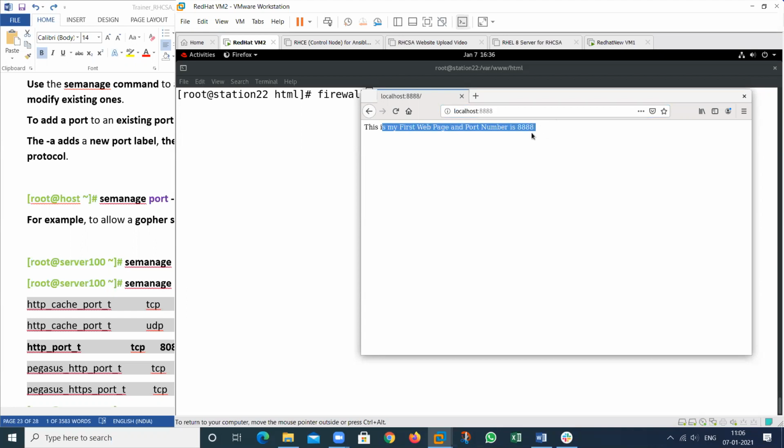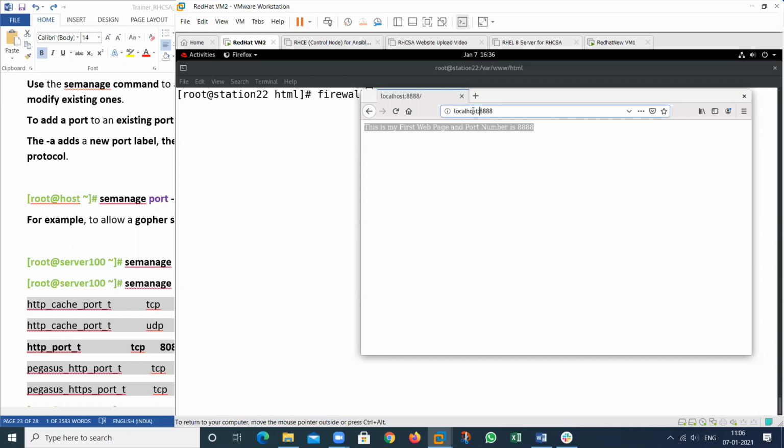But suppose any other client opens this particular page, then that client is not able to open it, because SELinux allowed this port and the firewall also allowed this port for your own machine only, for your localhost machine, not for others.